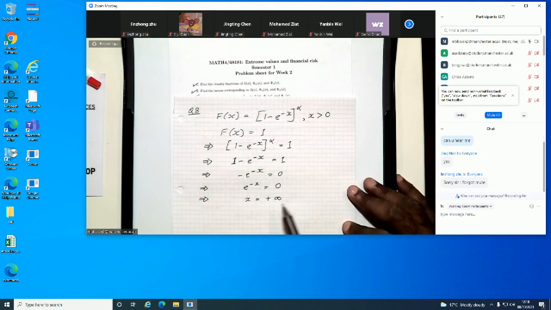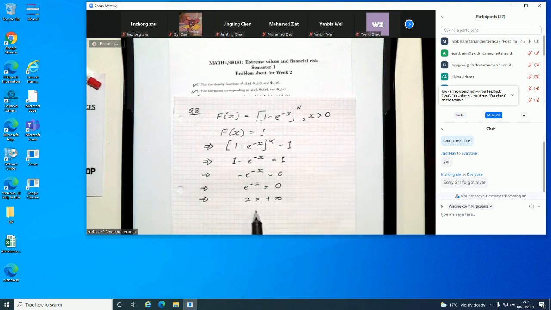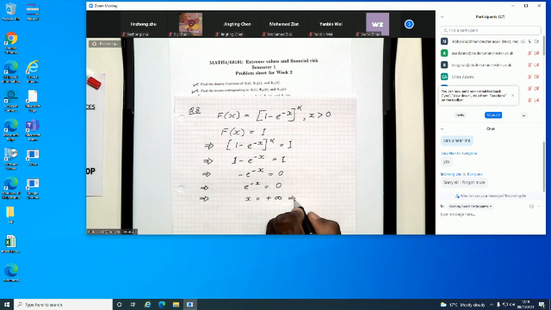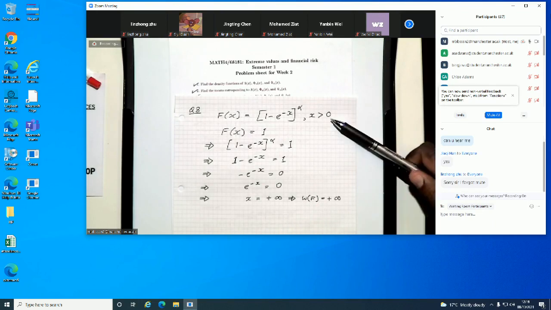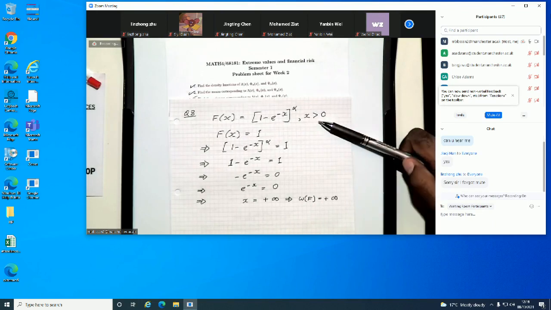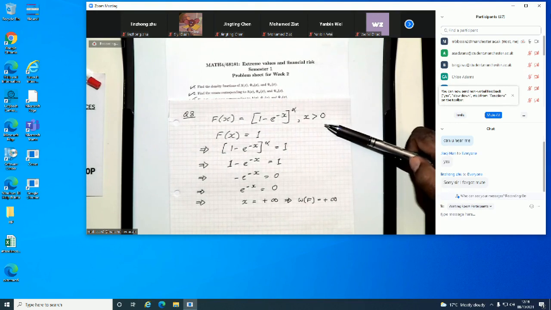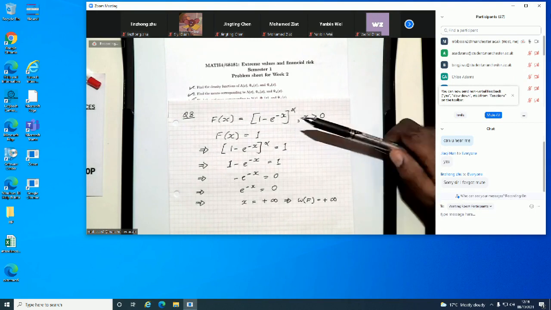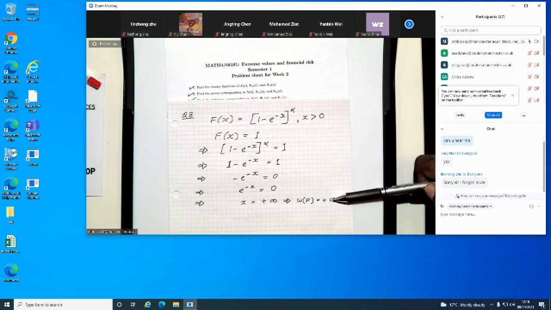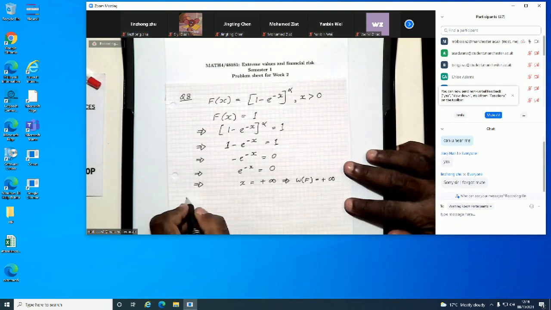Now, you follow me, right? So what we have shown is that w of F is equal to plus infinity. It's kind of clear from the question, because if you look at the support of the distribution, which says that x is positive, so the largest point of the domain of the CDF must be plus infinity. So that's your upper endpoint, w of F, right? All right. So let's check condition 1. Condition 1 says that the limit as t approaches infinity